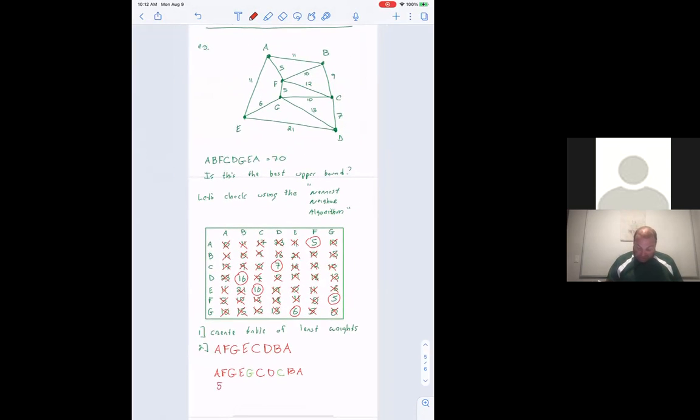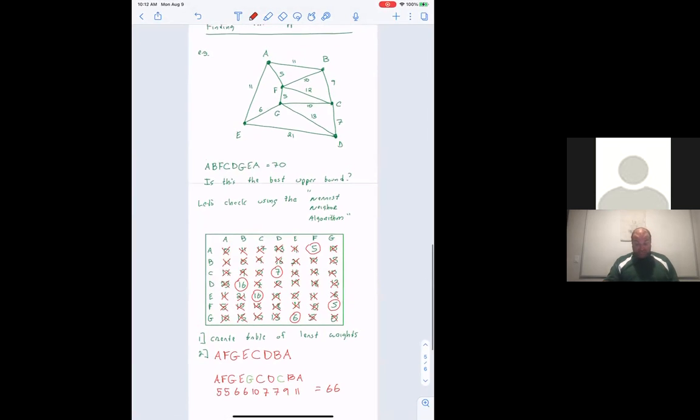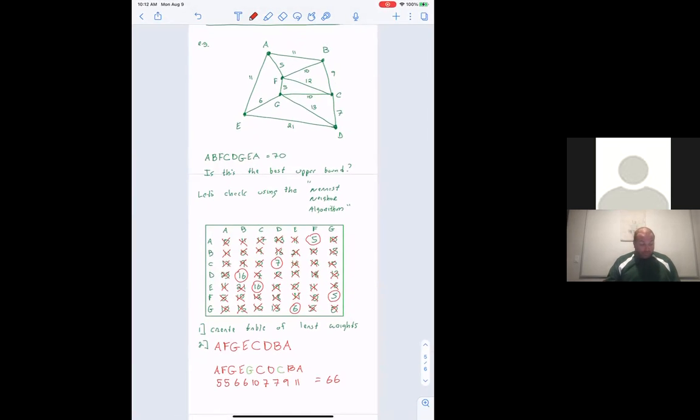A to F is 5, F to G is 5, G to E is 6, E to G is 6, G to C is 10, C to D is 7, D to C is 7, C to B is 9, and then we have 11. 5, 10, 16, 22, 32, 39, 46, 55, and this becomes 66. And we see that 66 is in fact less than 70, and 66 is